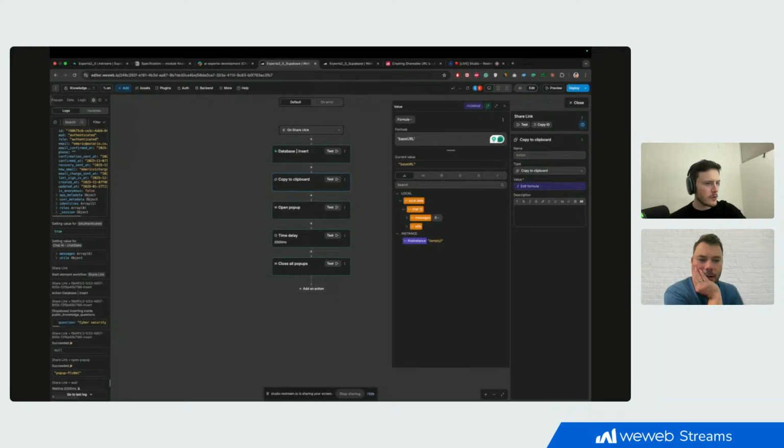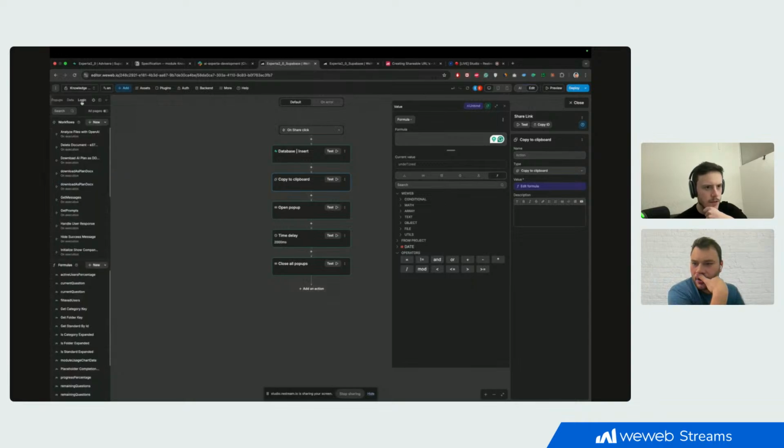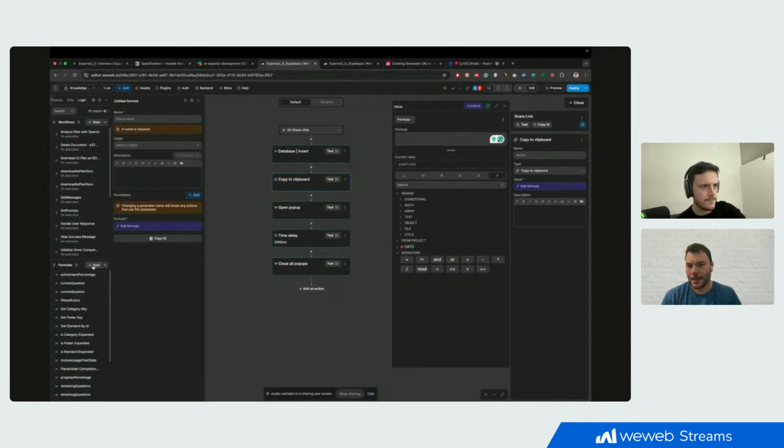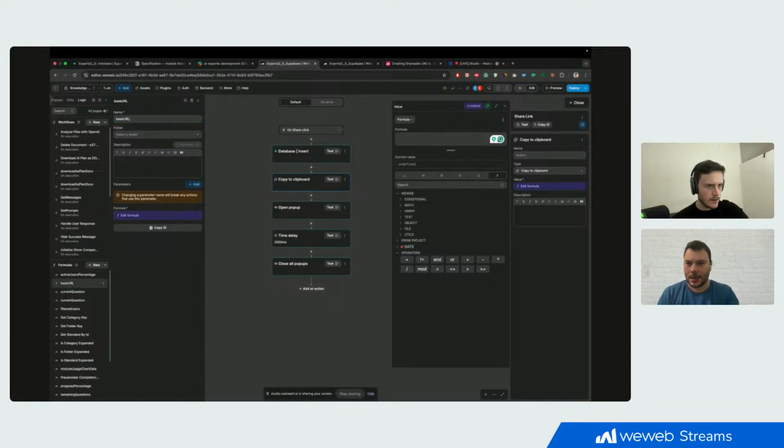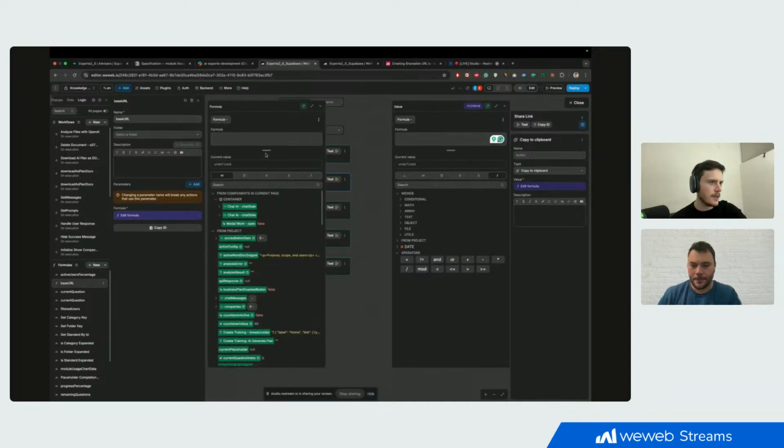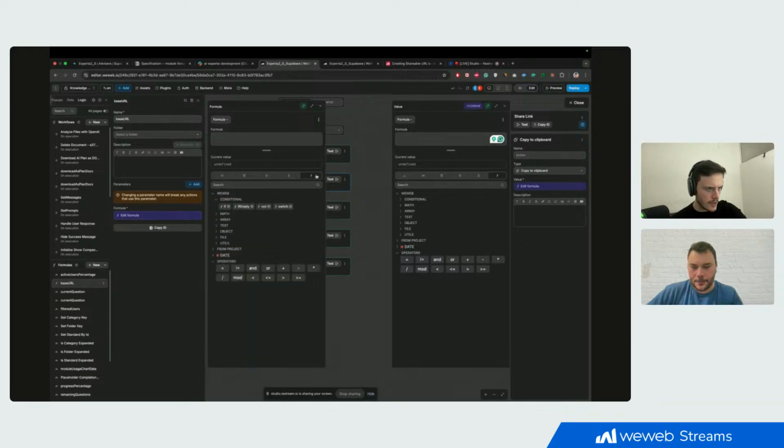So to do this properly, we might as well do it very, very properly. So for this kind of thing, what you'd want is you'd actually want a formula. So if you go to the logic tab on the far left, you'll want to create a custom formula. You'll see what I mean in a second. Oh, in here. Okay. And then you create a new formula and you call it base URL. And then you open up the formula at the bottom. And if you now open the formulas tab on the right and choose switch,